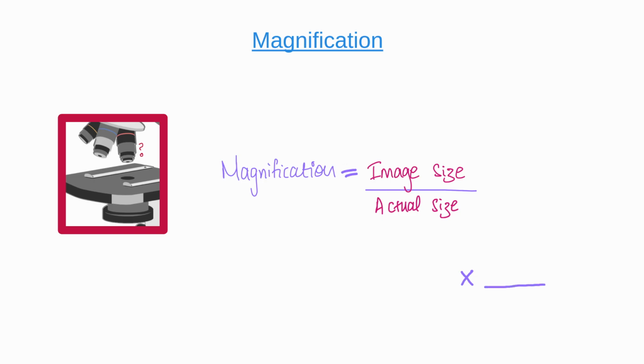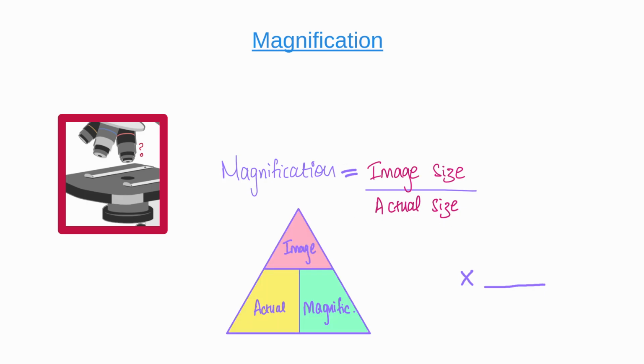Now, similarly, in a question, you'll always be given two of three values that I've mentioned here. So you'll have to rearrange the formula in a way that suits the question best. For this, I've given you this little triangle or pyramid, if you want to call it, so that you can easily plug in whichever value you've got in order to get a value that you don't have. So if, for example, we know the magnification value and the size of the image produced, we could divide the two to find out the actual size of the specimen itself, or the object size.